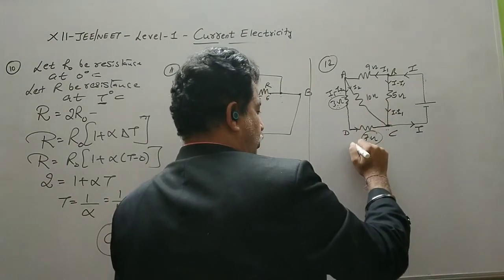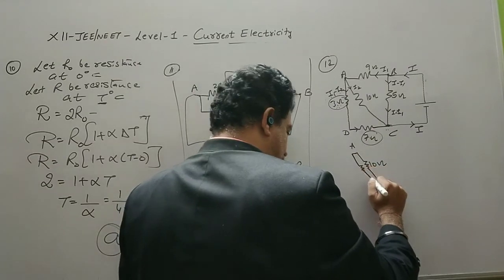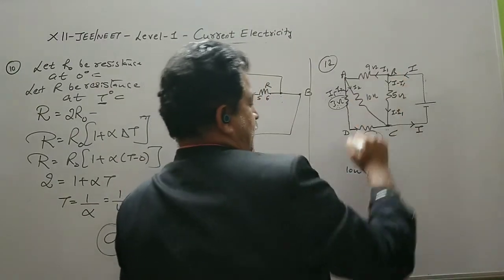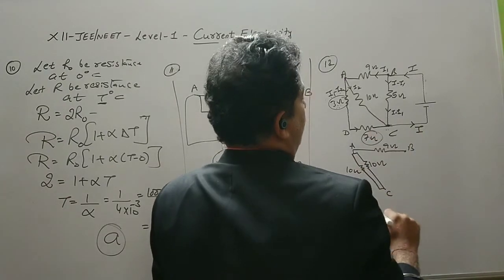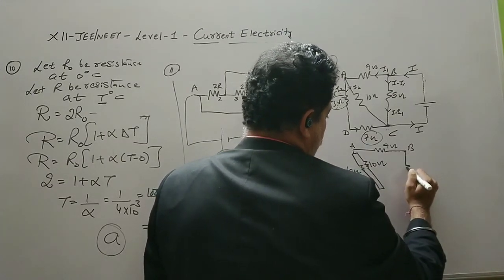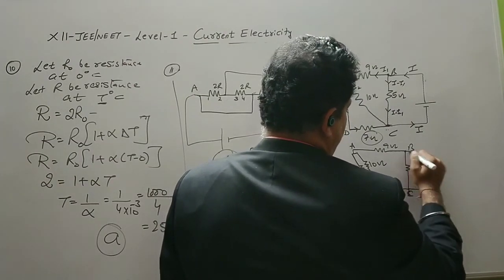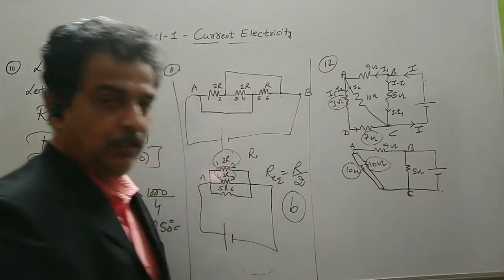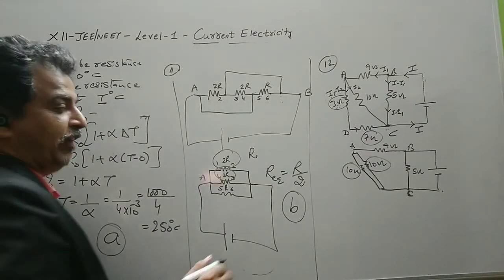This is 10 ohms between point A and C, and now this D point is gone, and we again get another equivalent to be 10 ohms. This is connected to a point B, 9 ohms, and then we have between point B and C, so this is your 5 ohms, this is point C, and here we have a battery. Now this 10 and 10 are in parallel combination, so equivalent becomes 5 ohms.